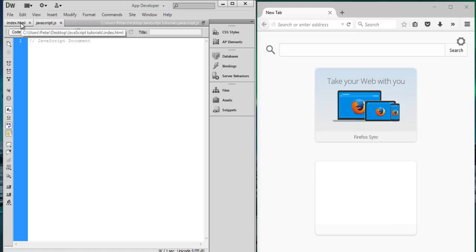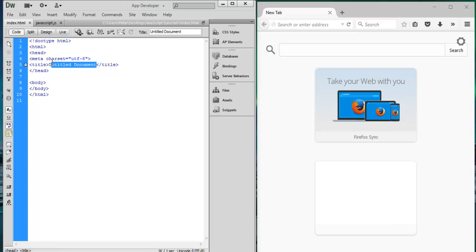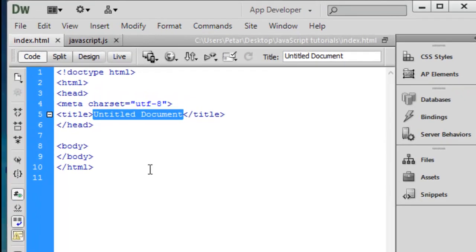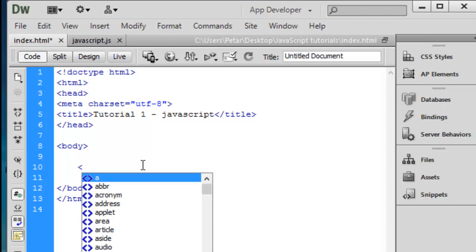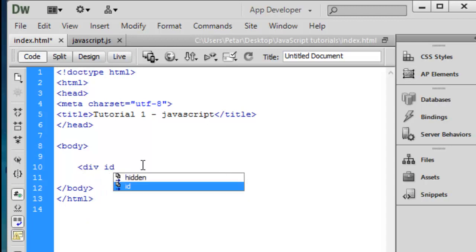Now we need to open our index.html. We are going to change the title, for example, tutorial 1 JavaScript. Inside the body tag we are going to add one div, for example with ID cost,